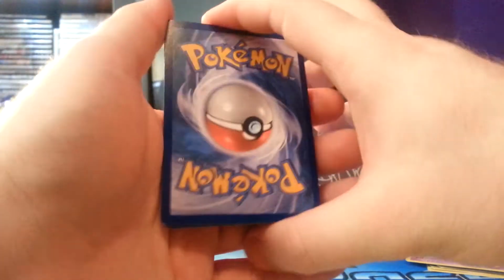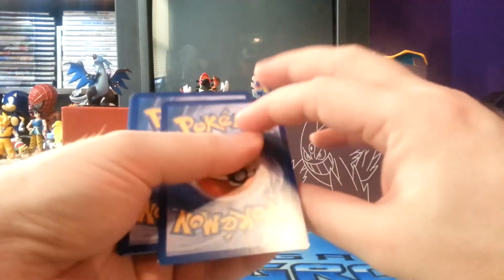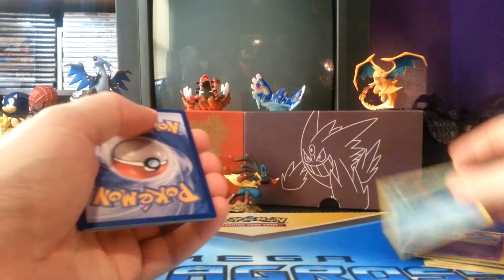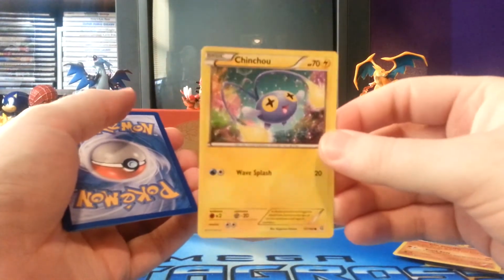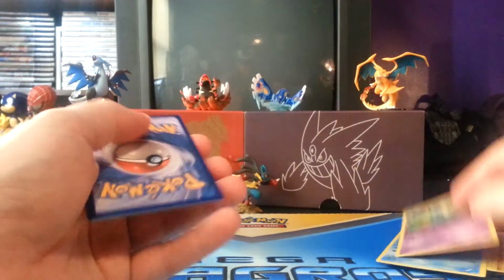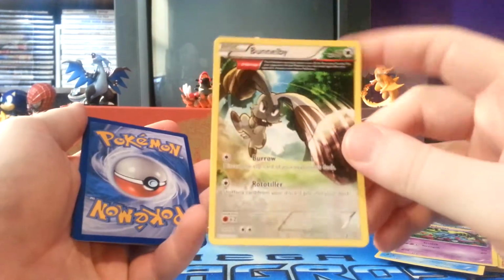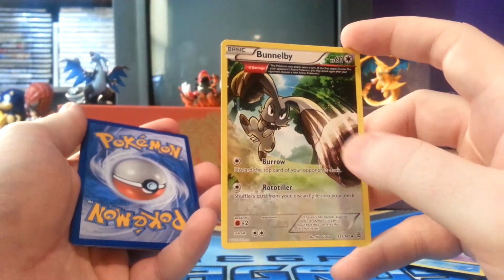It's funny, I'm hoping for dive balls in this set. I completely glossed over the fact that we might get some full arts or EXs too, so let's see. Got a Nidoran female, Clamperl, Solrock, and Chinchou, Mudkip. Here we have a Nidorina, Bunnelby, got the ancient trait of Omega Barrage, and I discovered this is pretty devastating against my Slurpuff Swampert deck